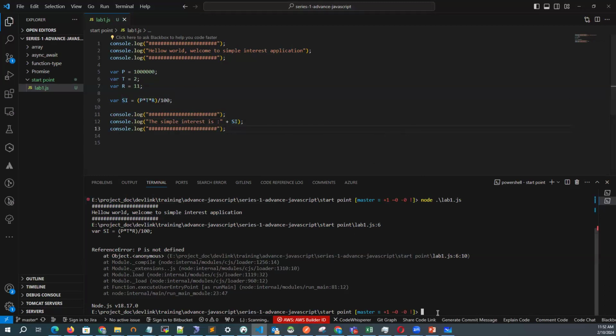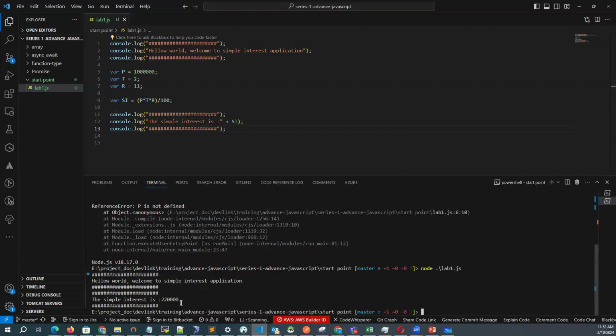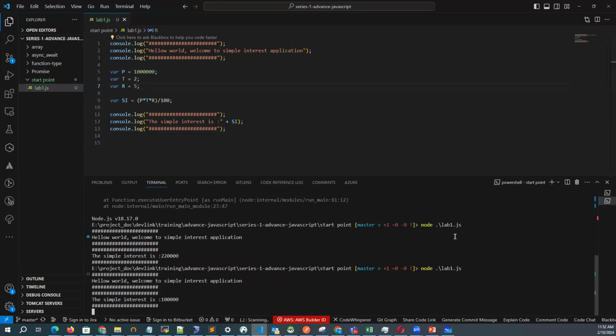All right, so if I run this particular code, it's going to show me the simple interest. I click here, I run it, and you can see that I have the simple interest on this particular amount of money. It means that on 1 million, I'm going to be paying interest of 220,000 based on the interest rate of 11%. So if I reduce the interest rate to 5%, the simple interest will reduce. So it's reduced to